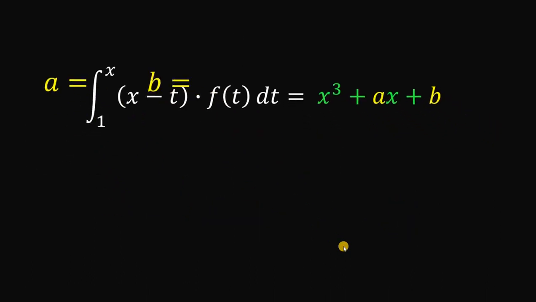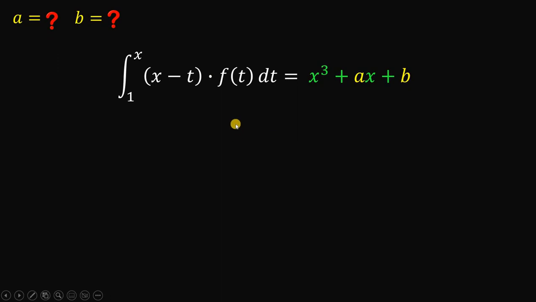And here's our solution. To answer this question, we need to focus on this function f of t. We need to decide if f of t is linear, quadratic, cubic, and so forth. But take note that the right-hand side is a cubic expression. Therefore, the expression on the left-hand side must be a quadratic expression, because when we integrate a quadratic expression, it turns into a cubic. Therefore, f of t must be a linear function, so we can replace f of t